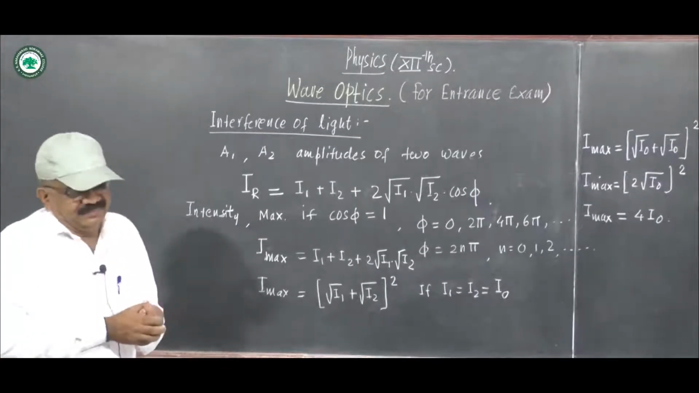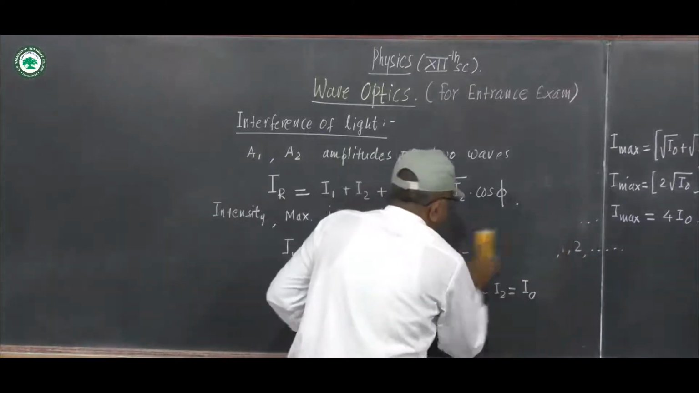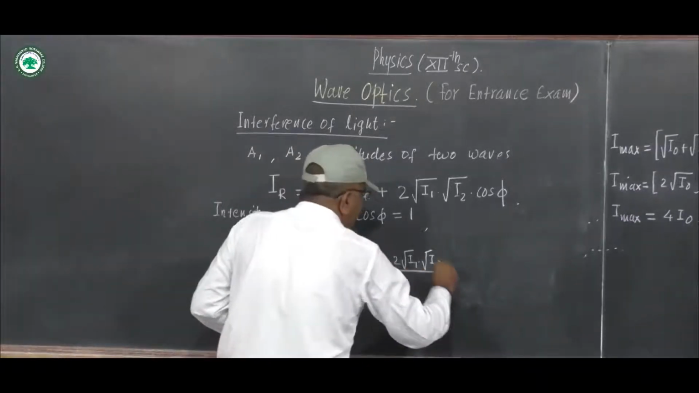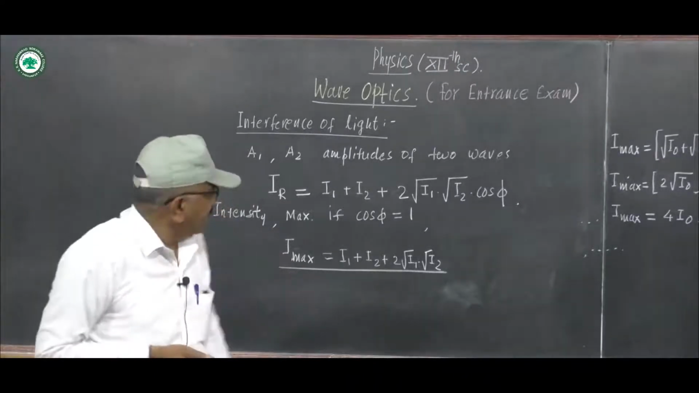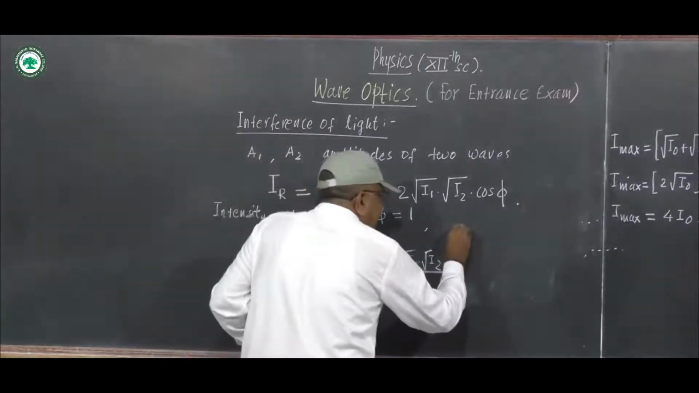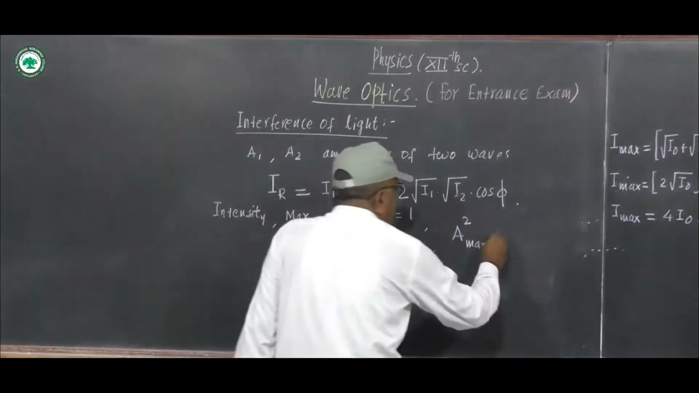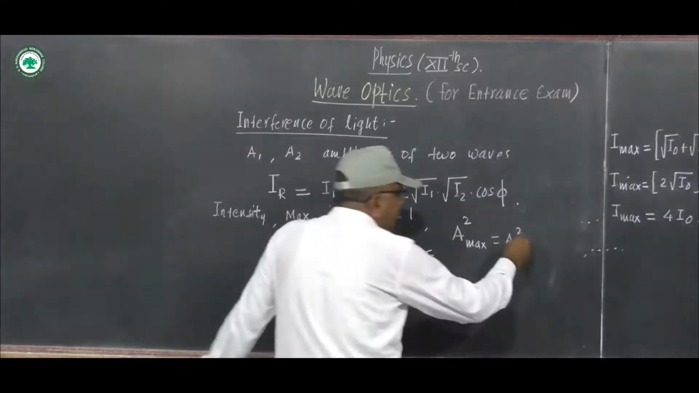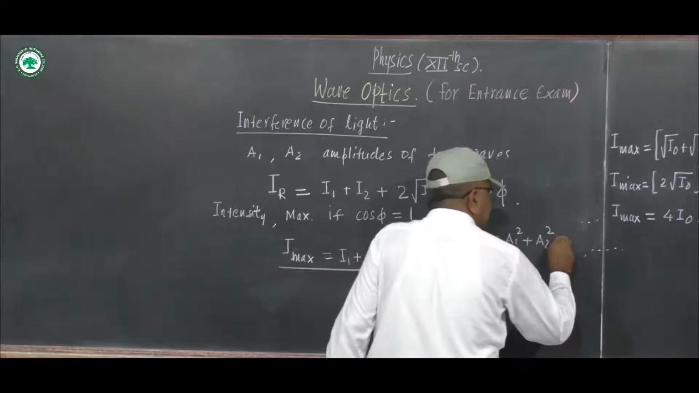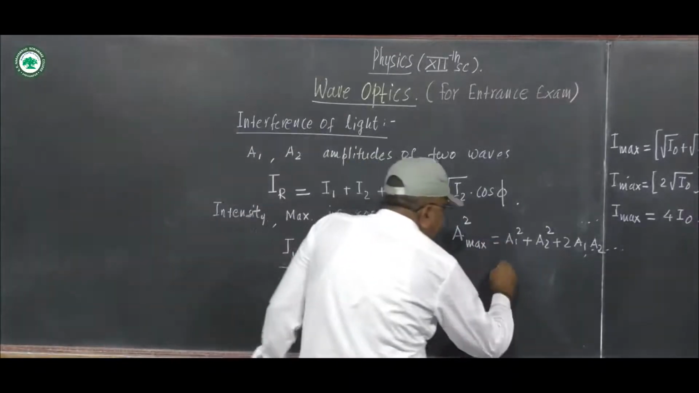Now in terms of amplitude, we write this equation. See this equation: Imax is equal to I1 plus I2 plus 2 under root of I1 I2. In terms of amplitude, as intensity is directly proportional to square of amplitude, we write it as A max square. Imax means A max square. Then I1 means A1 square plus I2 means A2 square plus 2 A1 A2. Therefore, this is nothing but A1 plus A2 its square,